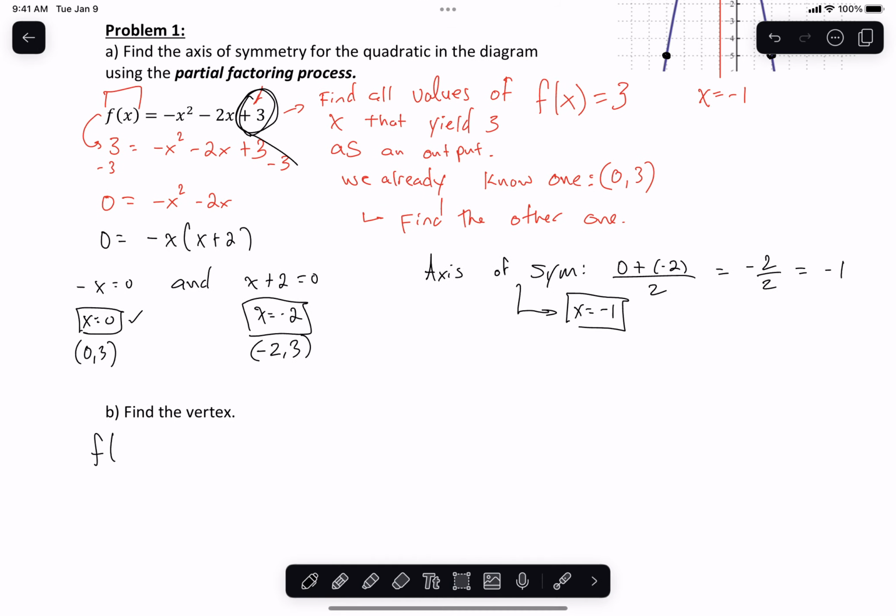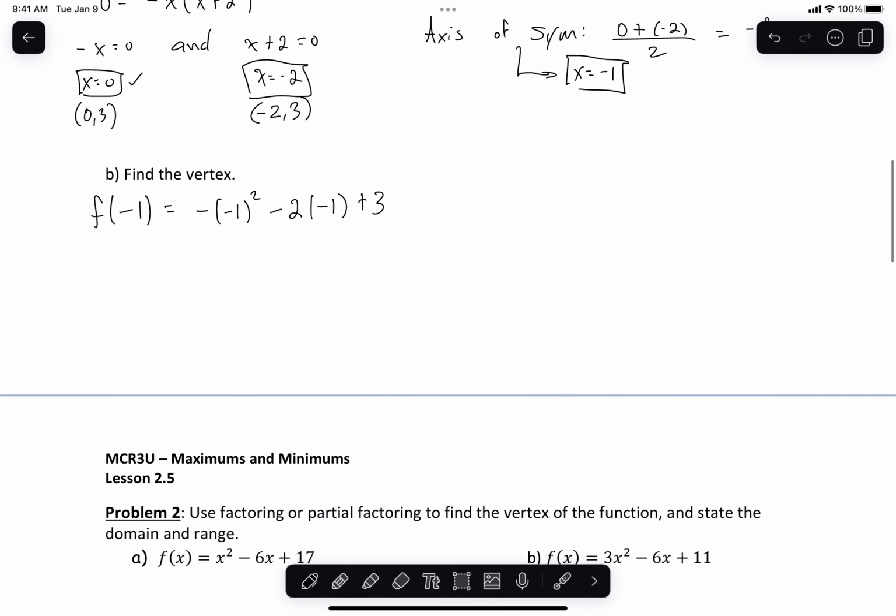We're going to evaluate the function at negative 1. When we evaluate, we get negative 1 squared minus 2 times negative 1 plus 3. So f at negative 1 is going to equal